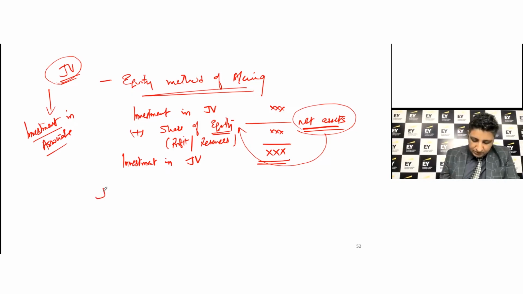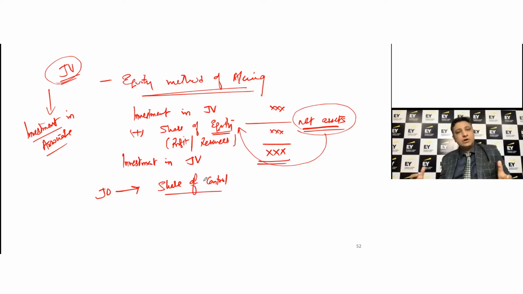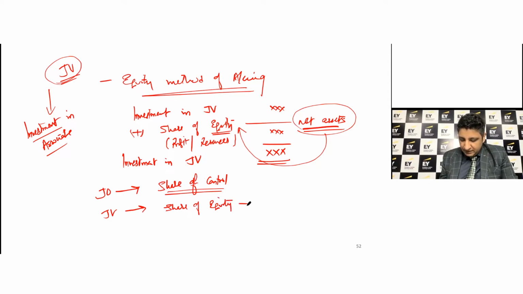We talked about when you look at a JO, share of control. So you bring those items in your balance sheet, in your statement of profit or loss, whatever you control, you bring that into the consolidation. The moment it is a JV, you look at, of course, the share of equity, of course, plus your own investment,